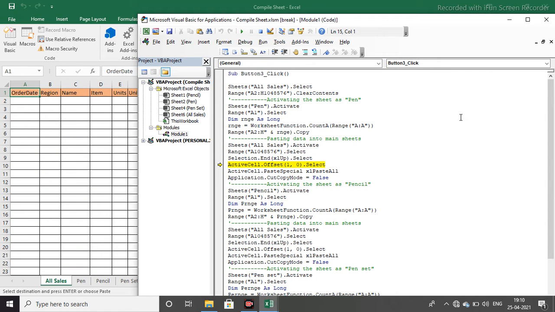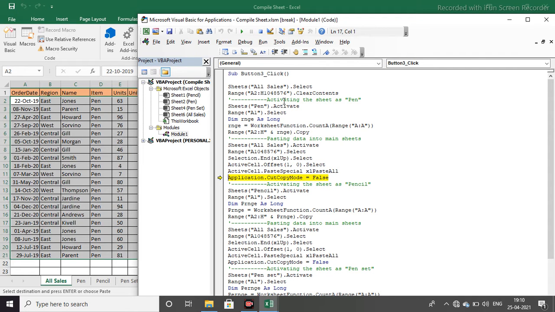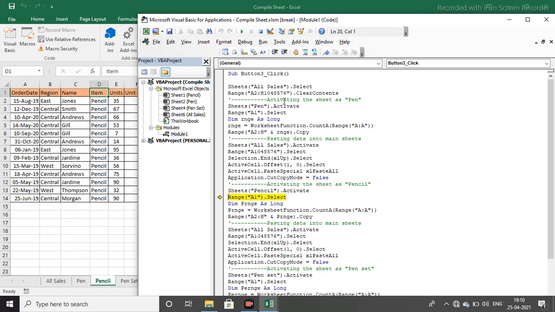As you can see below in the running program code, we have used the active cell, and using offset we now go down to the active cell A2. Now the data will be pasted. After that the next sheet will be selected, and again it will do the same function and the data will be copied.